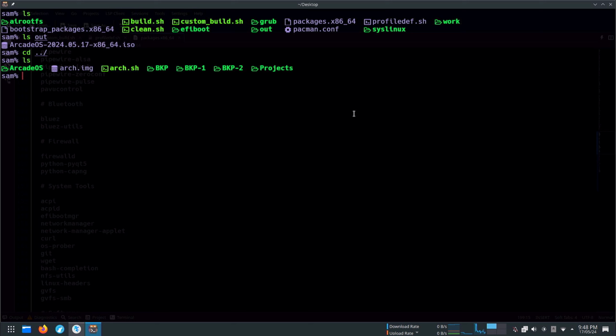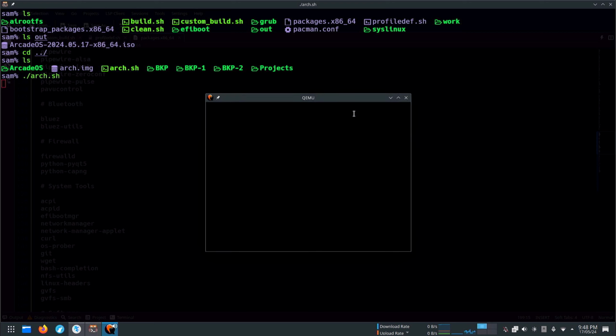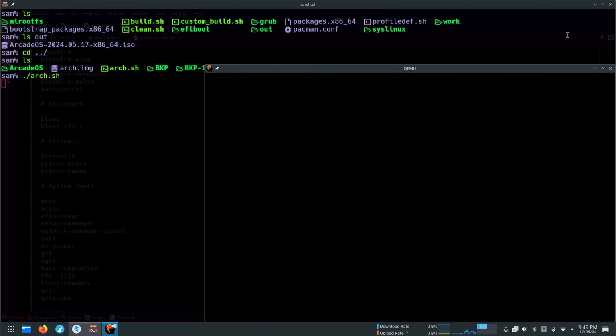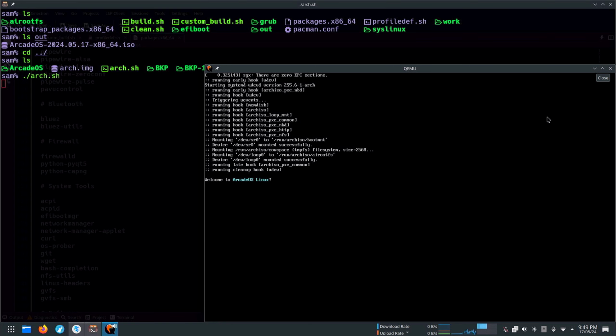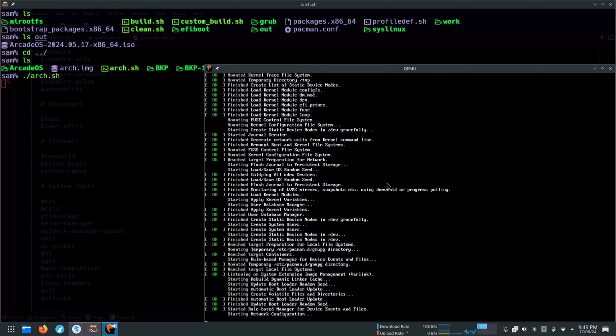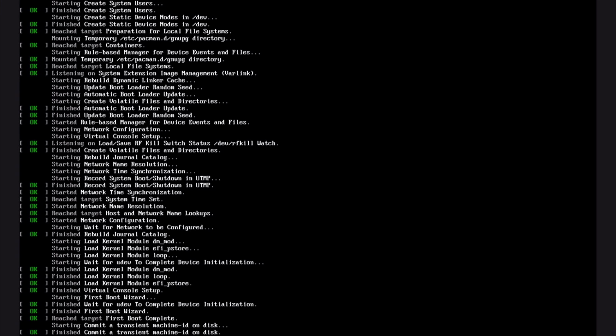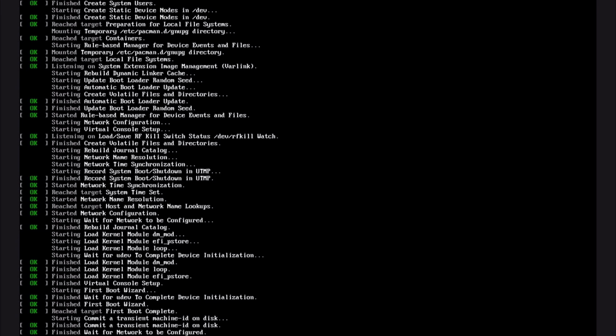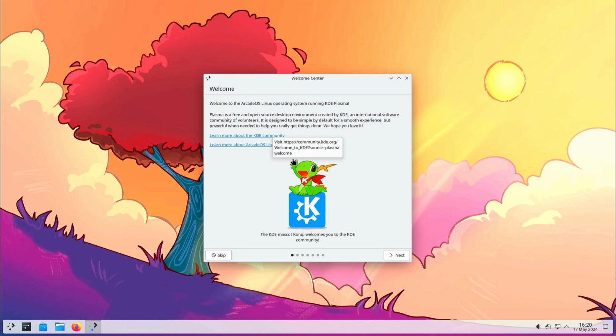For the demo, I already prepared a QEMU based VM, which will automatically boot our custom Arch ISO file. Let me full screen the VM. Congratulations guys, now we have our own Arch based live ISO.